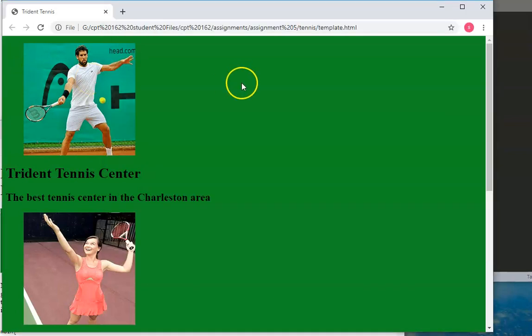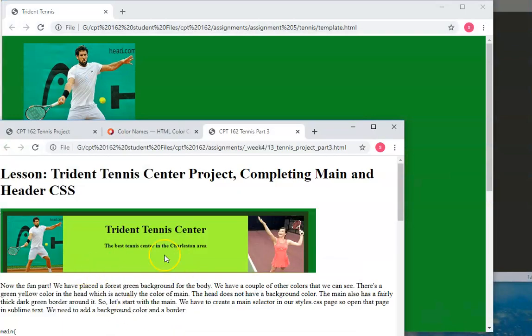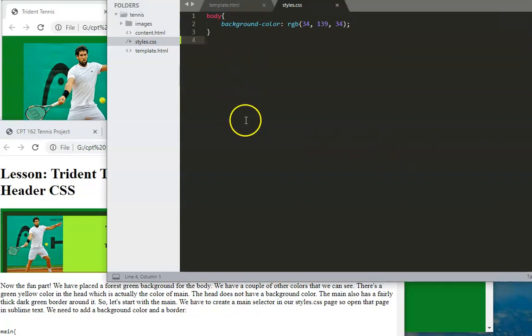All right, so this is where we left off last time, and this is where we want to go today. There it is. So we want to have this up here look like that there, and we have a border. We already put this background color on there, but we need to put the rest of it in. So let's take a look at our HTML and our CSS, and we can see that we have a body